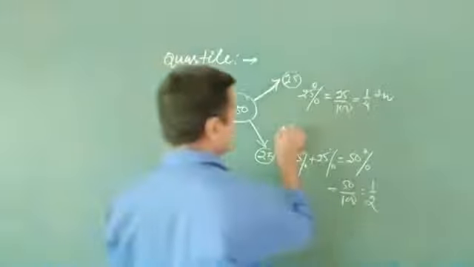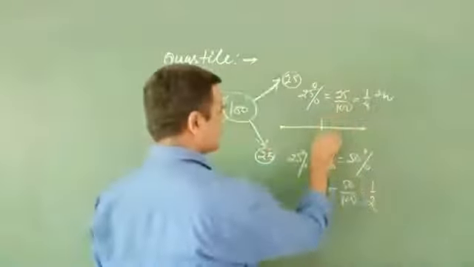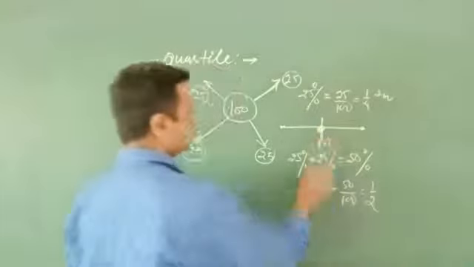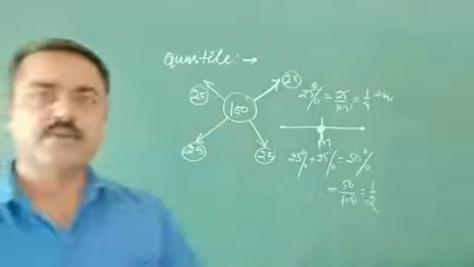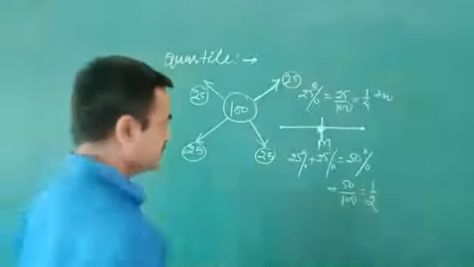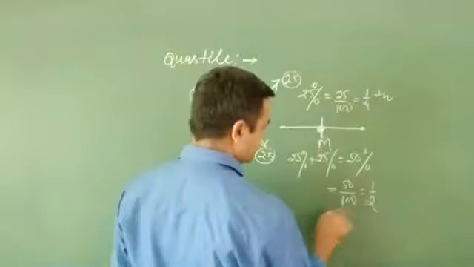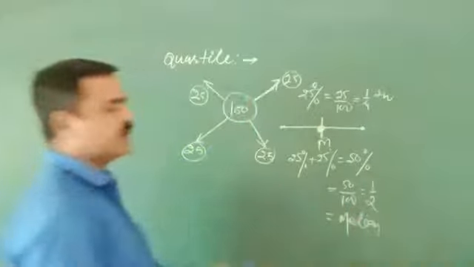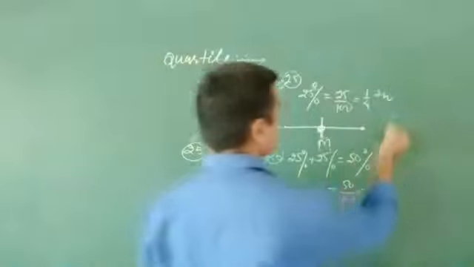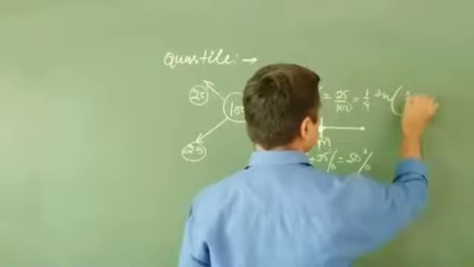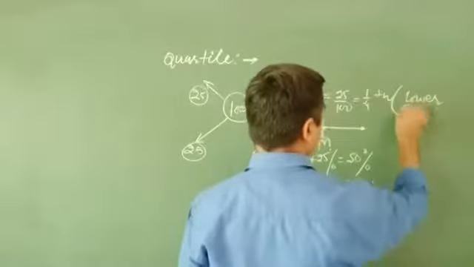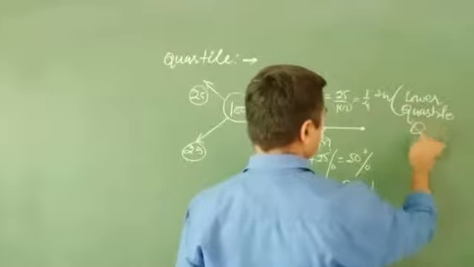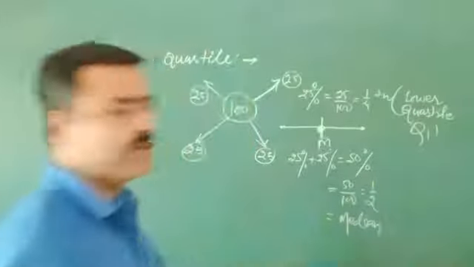Suppose that this is a line. This is a line. This is the middle. Midpoint. You can say that this is the midpoint, and you know midpoint is known as median. Means here 50%. This one is known as median. And 1/4 of this data, this is known as quartile and lower quartile. Lower quartile. Okay? And it is represented by Q1.